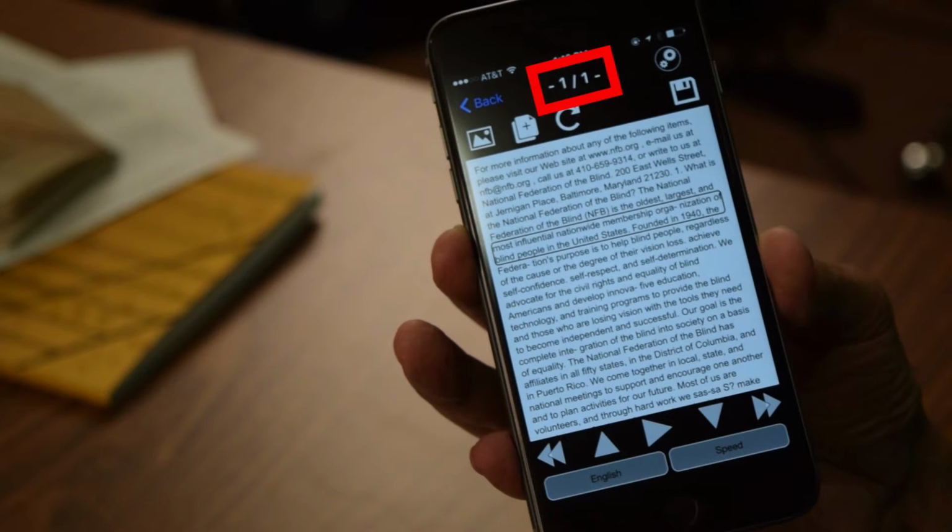Page 1 of 1. Page 1 of 1, it just tells us that we took one picture and we have one page displayed. View image associated with document. View button. Image associated with the document means this would be a way of actually looking at the picture that was taken. It wouldn't speak the text from the picture, but you'd simply be able to look at the picture.